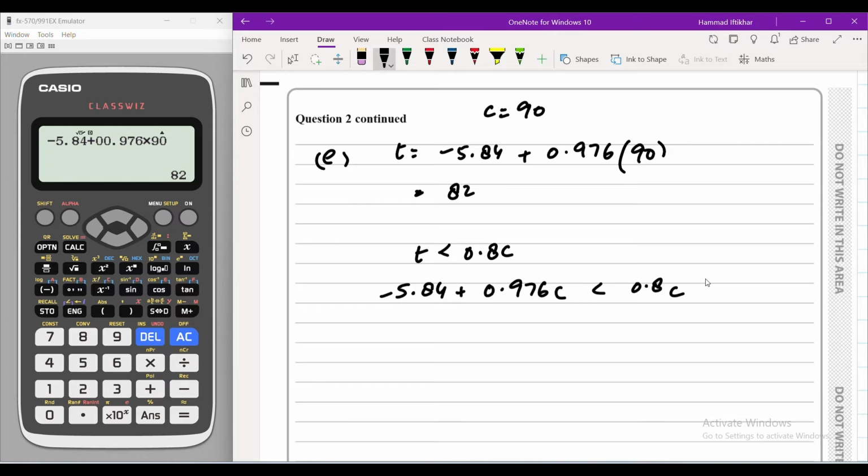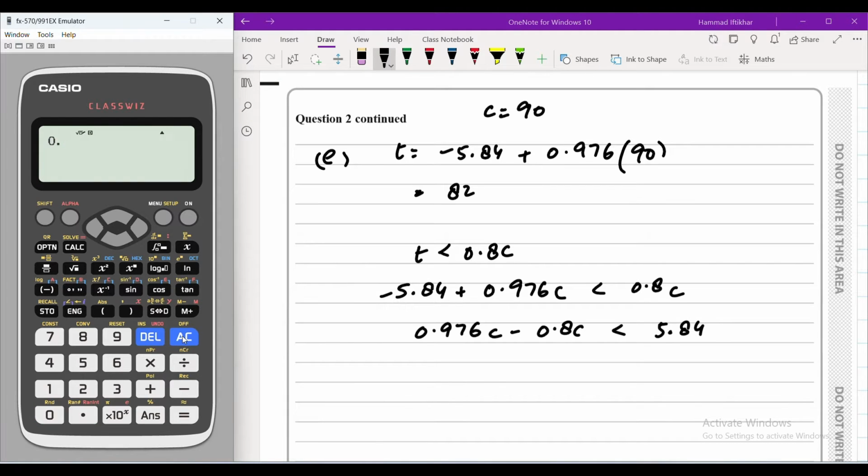Okay, so we take 5.84 on the other side and 0.8 C on this side: 0.976 minus 0.8, that is going to be 0.176 C less than 5.84. So production cost is less than